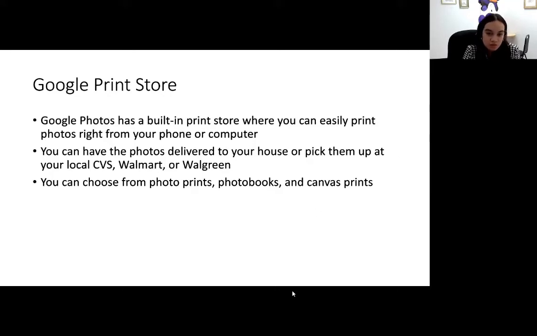And I'm going to show you how that looks, and you can see the prices. It's usually 18 cents for one photo print, and then the price will get higher and higher depending on the size, and then of course shipping. But if you want to pick them up at your CVS or Walmart or Walgreens, then you can avoid the